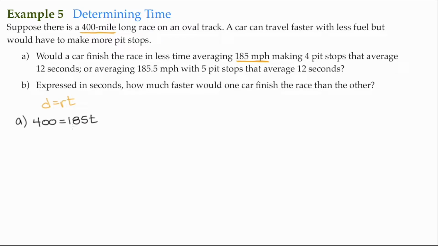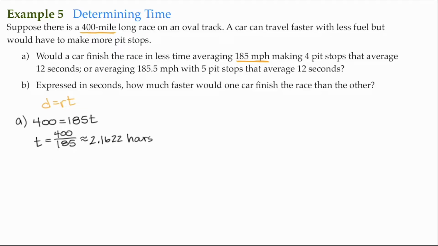So we simply divide out the 185 from either side. So our time is going to equal 400 divided by 185. And that's going to come out to be approximately 2.1622 hours